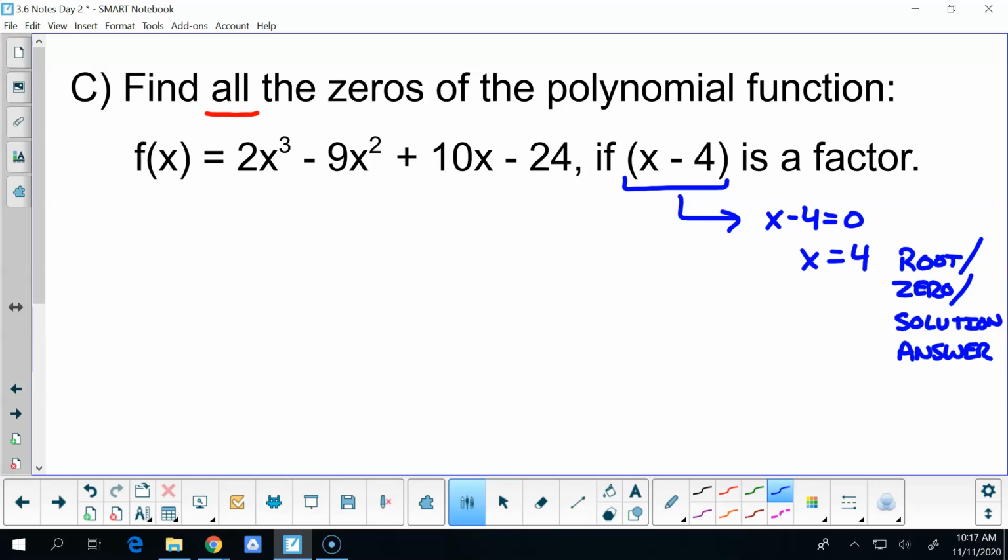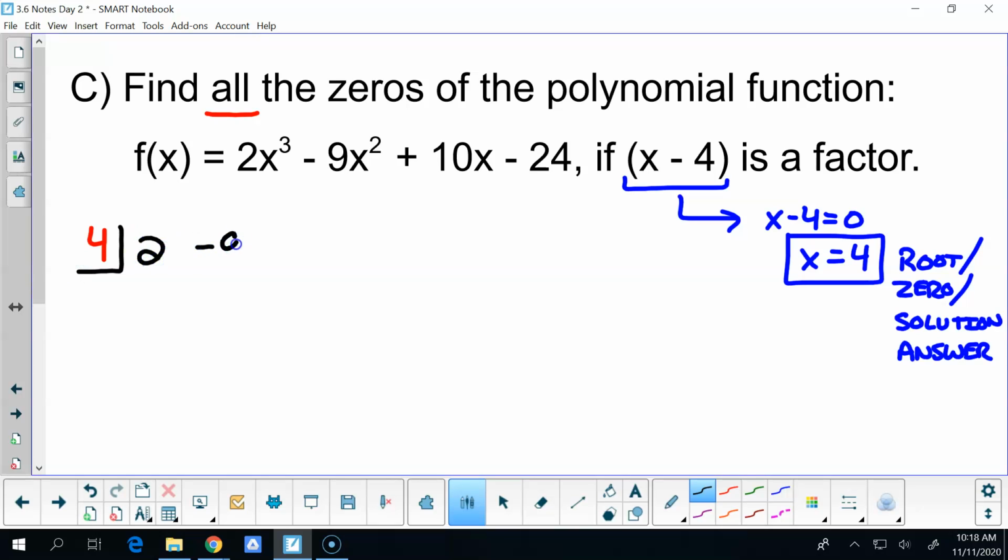So we got to include that one because it said find all the zeros, so we just found one of them. With that being said, we can also use synthetic division with 4,